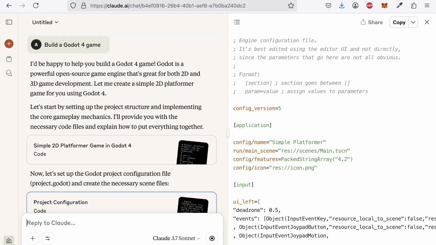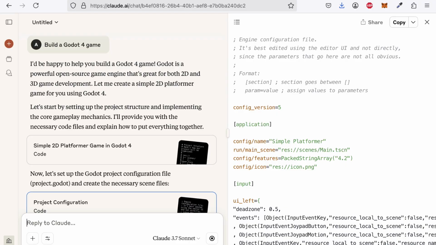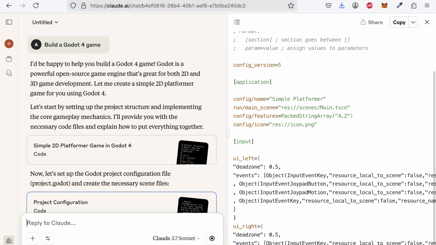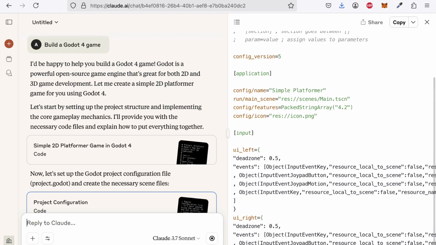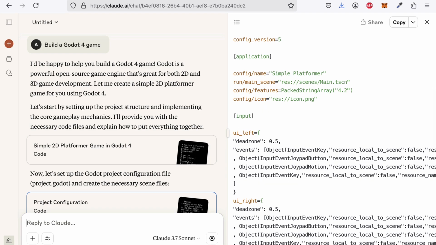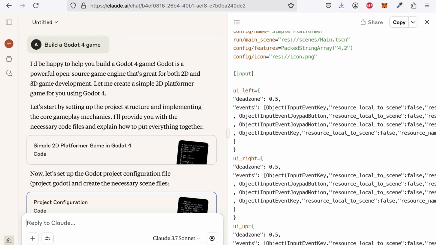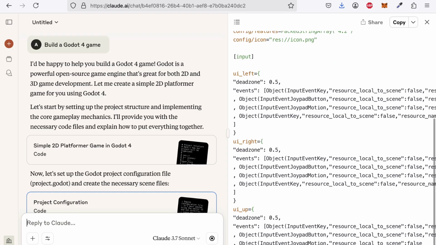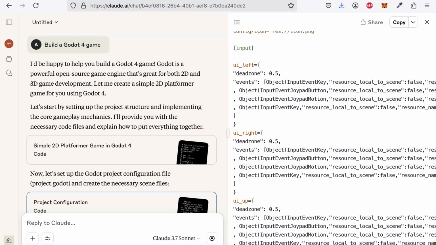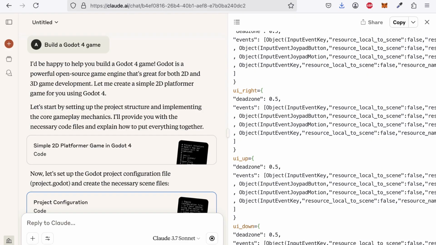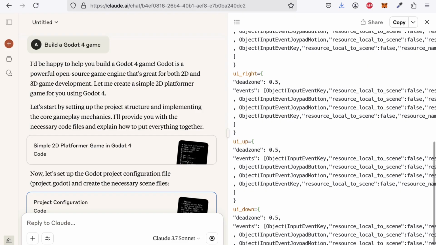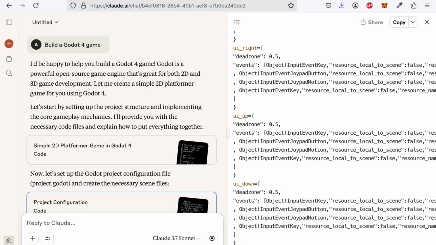for the model. As well, you'll notice that in this case, the model starts building several files like a project configuration, user interface, player script, main script. So the model can start building the whole game for you. And this can get overwhelming and can be time consuming because it might be developing scripts that you don't necessarily